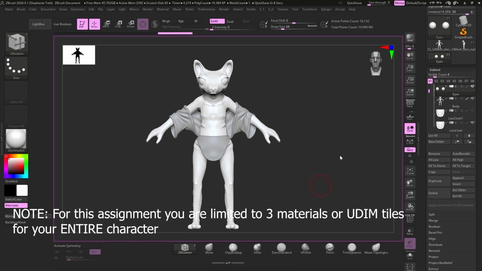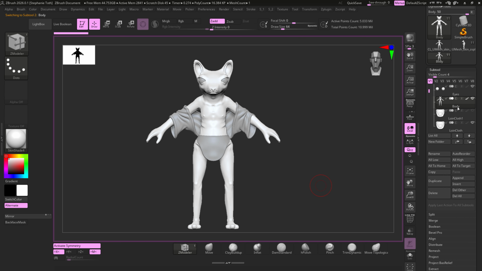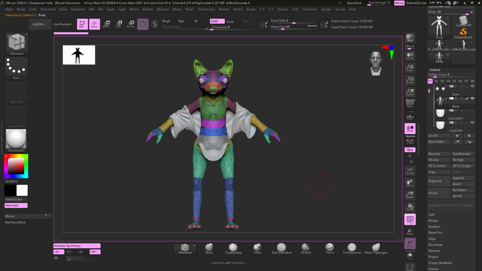Hey everybody. Today we're going to talk about UVs for our characters. We could just throw this into Maya and do it all manually in there, but I like to use ZBrush and ZBrush's polygroups to help assist with that initial UV layout. So I'm going to select the body and turn on my polyframe, and we can see here